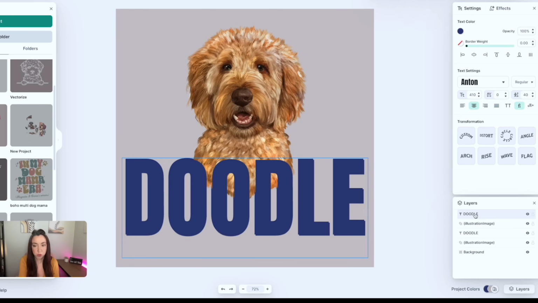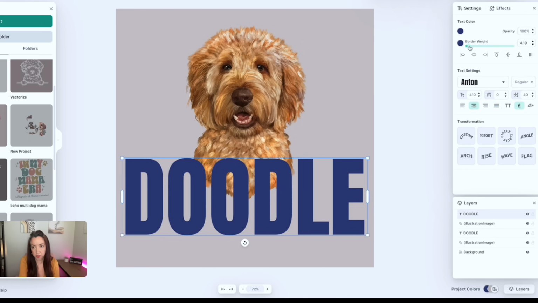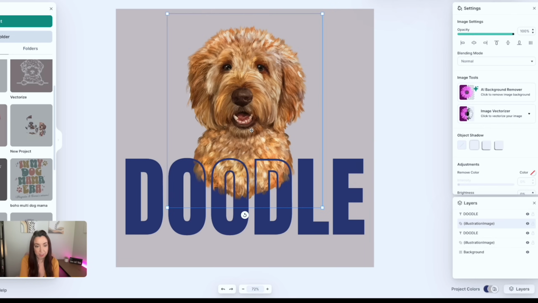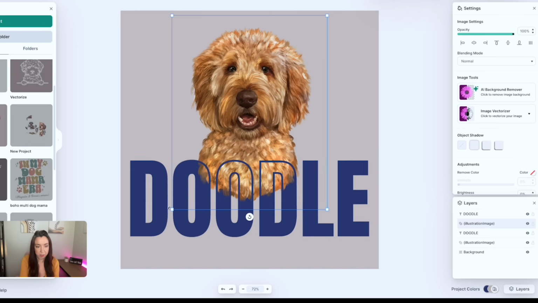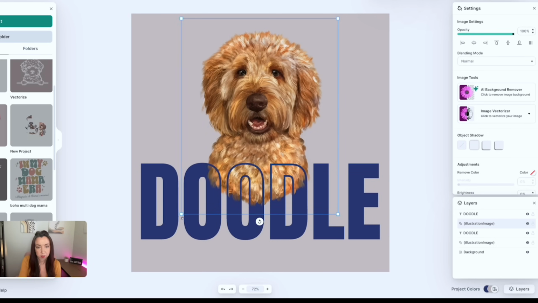And then what I'm doing is I'm grabbing this top copy of the text and I'm turning on the border to match the other color. And then I'll make that bigger. And then here's where it gets fun. I'm going to grab the color of the text and I'm going to get rid of the color. And now I have a cutout with this dog